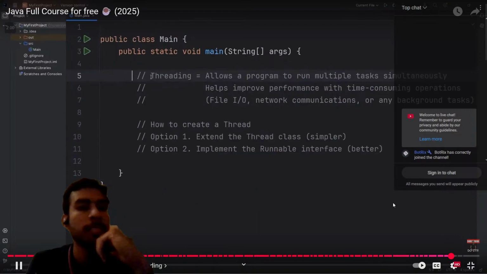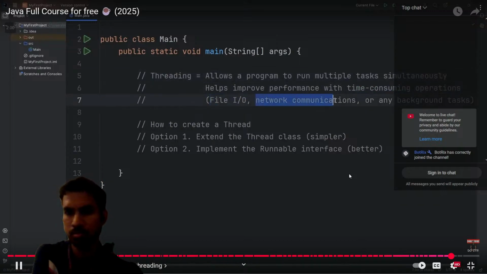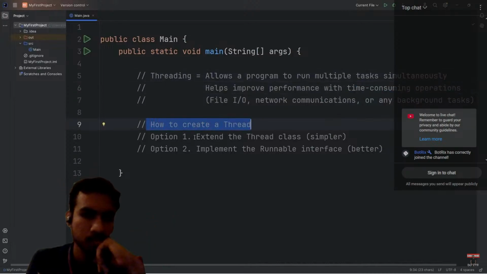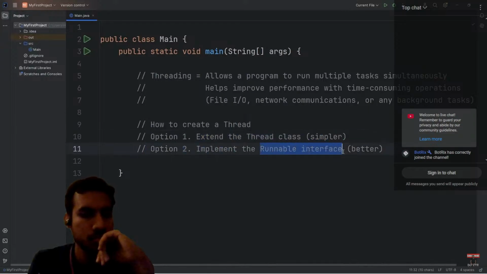What's going on, people? In this video, I'm going to teach you all about threading in Java. Threading allows a program to run multiple tasks simultaneously. It helps to improve performance with time-consuming operations, such as file input-output, network communications, or any other background tasks. Any code that is considered time-consuming, we can have it run on a different thread, so that it doesn't inconvenience our main program. There's two options to creating a thread. Option 1 is to extend the thread class. This is the simpler option, but it's limited. Option 2 is to implement the runnable interface. This option tends to be better, because by extending the thread class, we're limited to single inheritance, but by implementing the runnable interface, that's one way around that. In this demonstration, I'm going to show you option 2. It's actually